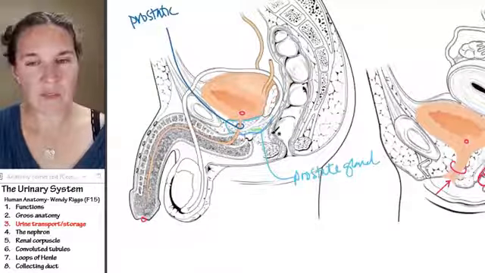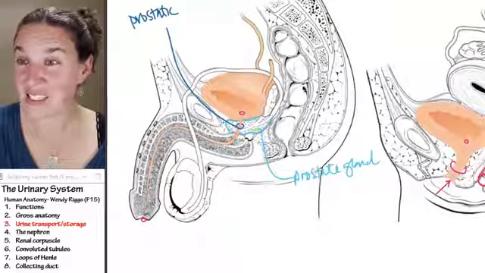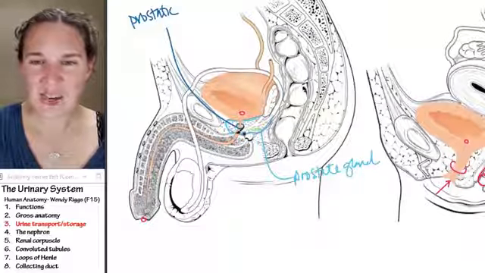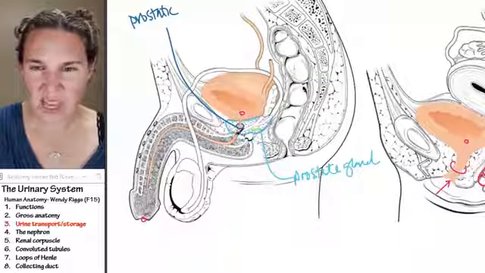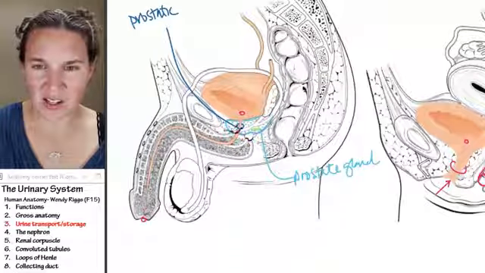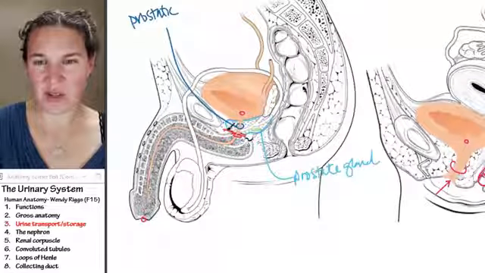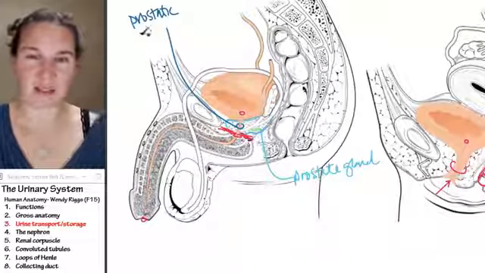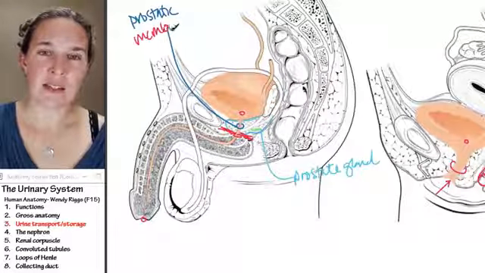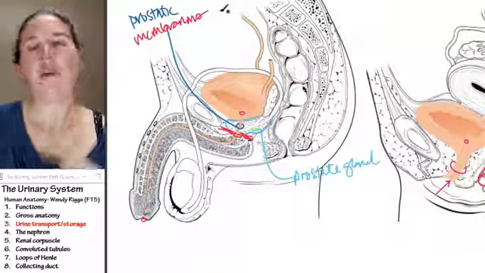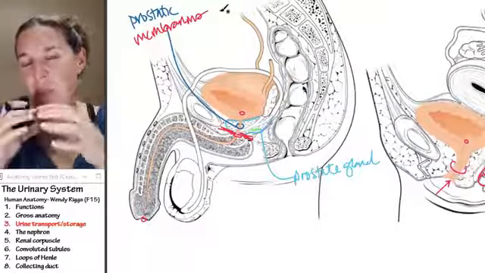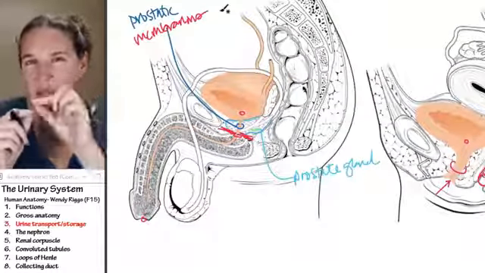Now, the piece of urethra that is not very clearly illustrated here is called the membranous urethra, and I'm going to call it right here, and we'll just say that it's right there. And the membranous urethra, okay, I'm going to draw in the part that is missing. Membranous. The membranous urethra is this little short piece of urethra that passes through the urogenital diaphragm, and there's this whole set of pelvic floor muscles